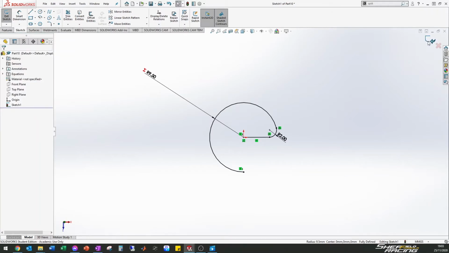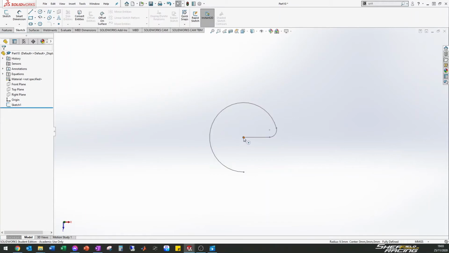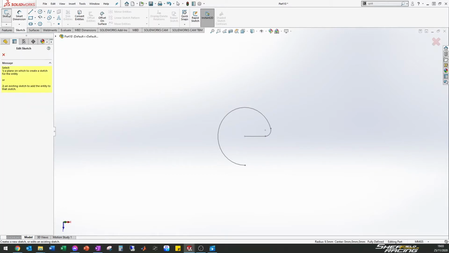We now need to determine the profile. So if I exit that sketch, because I've done that from the origin, I know that if I sketch the profile starting from the origin, then it's going to be in the right place. So if I do a sketch, and I do it this time on the right plane,